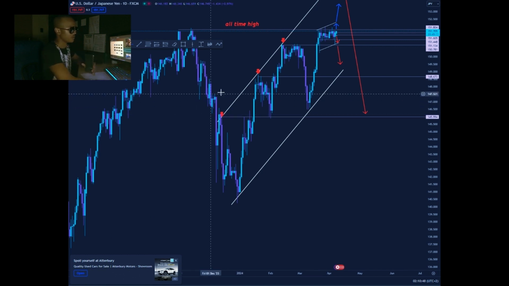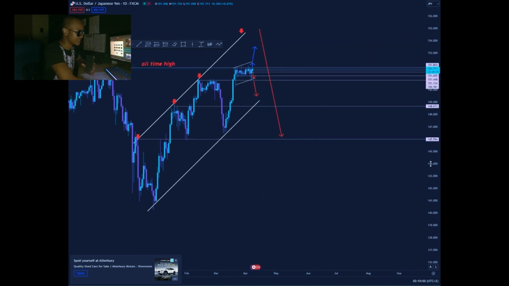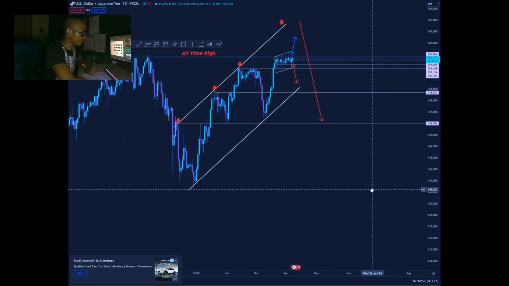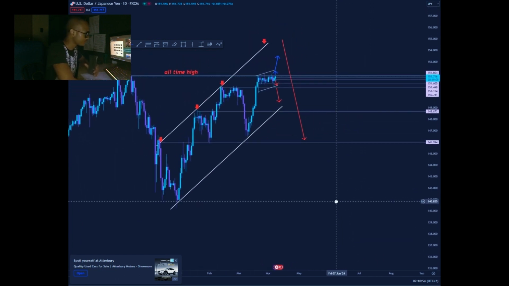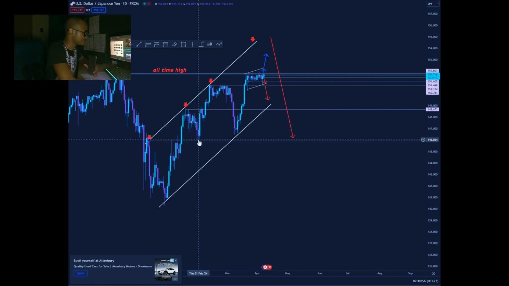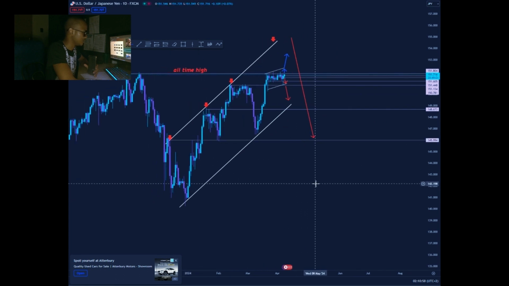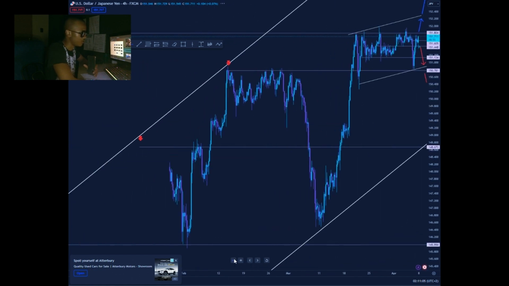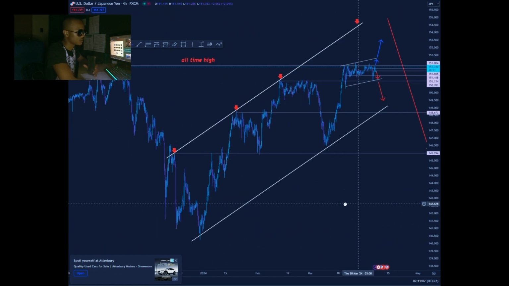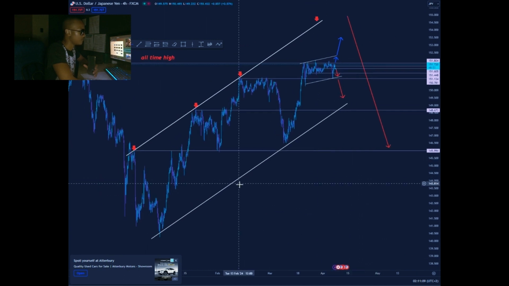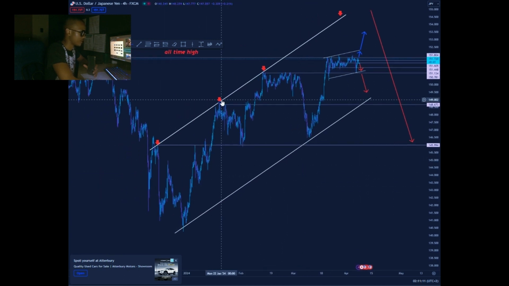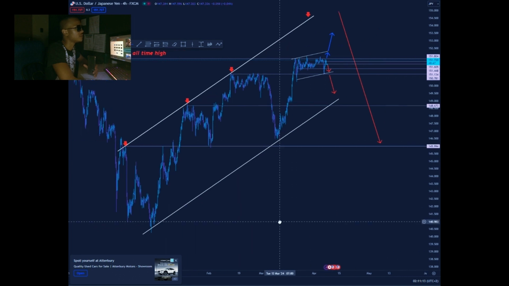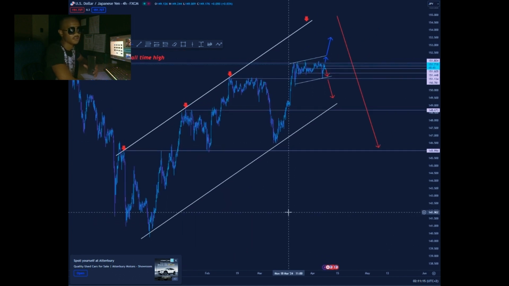As soon as we get on the daily, we see a very succinct structure, very delicate and very nice to see. This structure over here, we can see, let's jump to the 4 hour, it's more succinct and more adverse over there. So this is the 4 hour, going to zoom out. As you can see, the 4 hour is bullish, right?